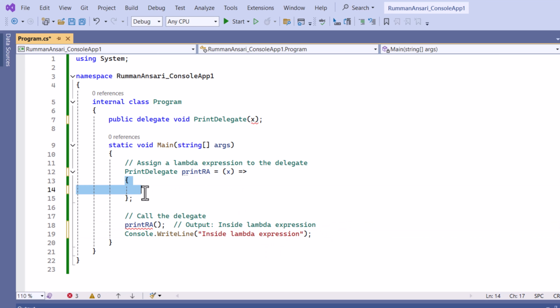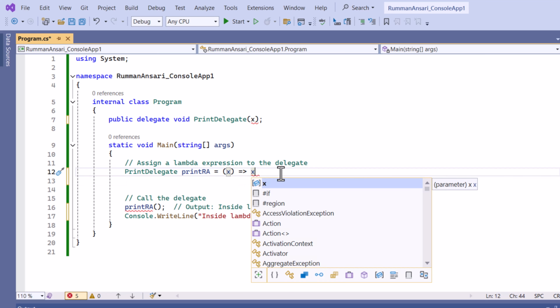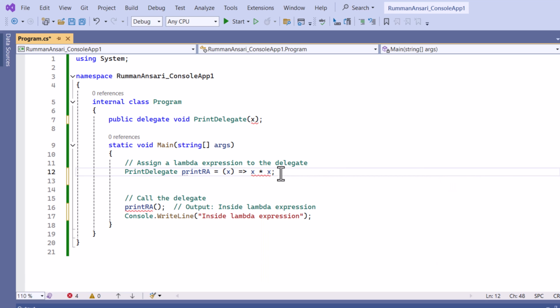Okay, so now I can easily remove it, and if you want to write the expression like x into x you can easily do it this way. Okay, and now you have to change it to integer, because after multiplication it will return something. So as you can see, you have to give the type integer x, because this expression will return something, right? So that's why the print array will get some value. So I have to hold it somewhere. So I am just declaring a variable integer y here,